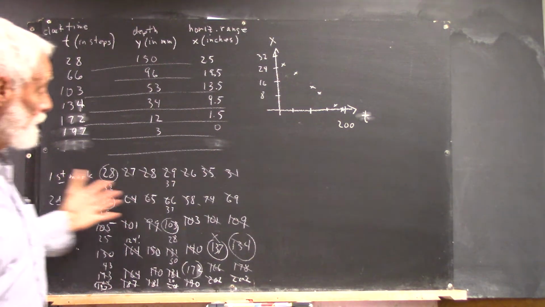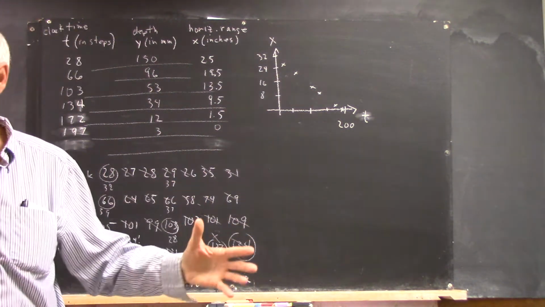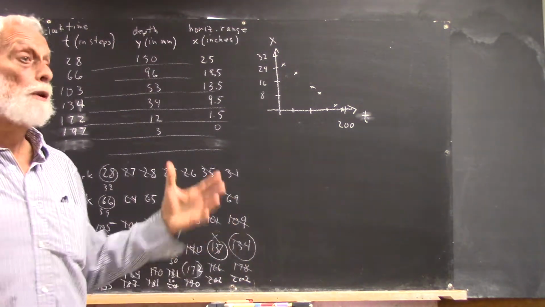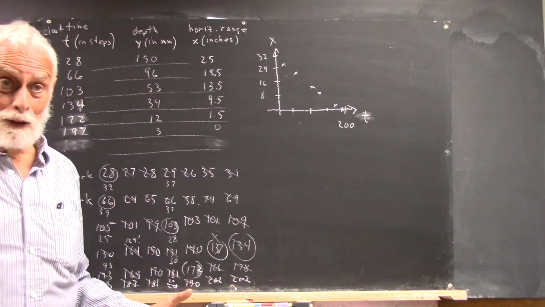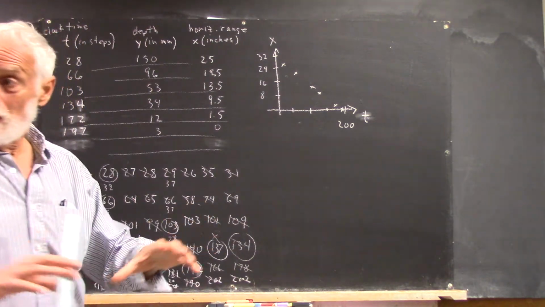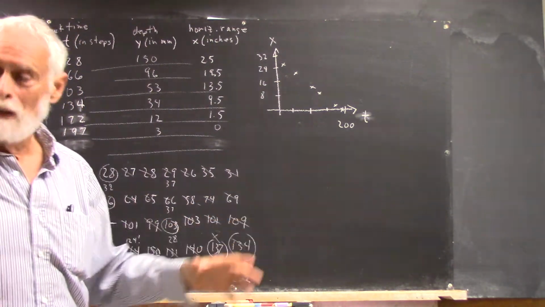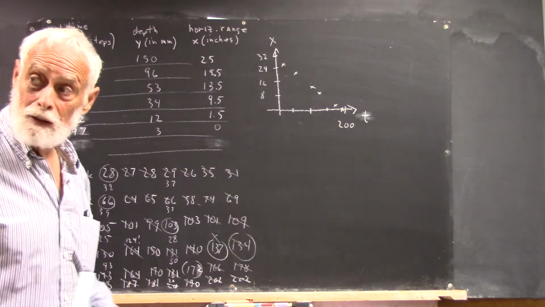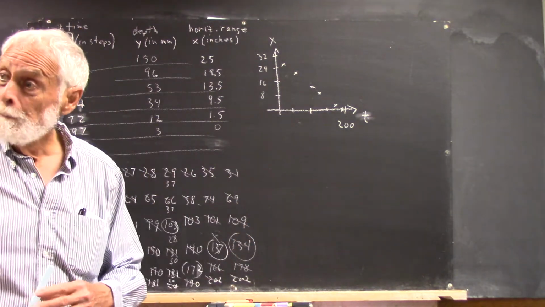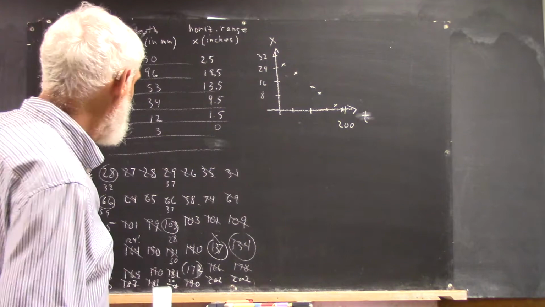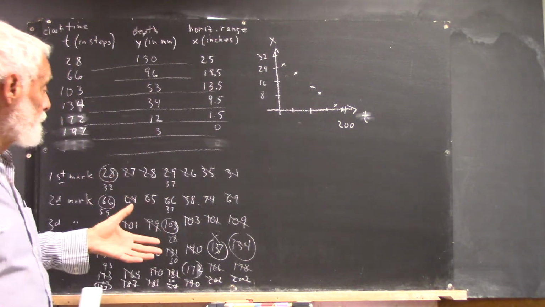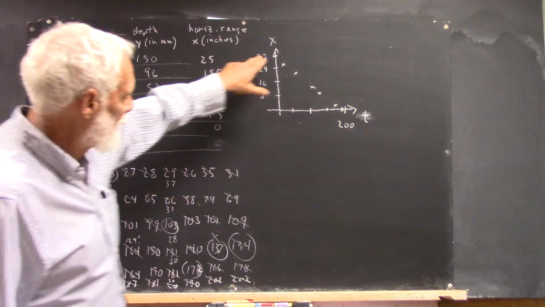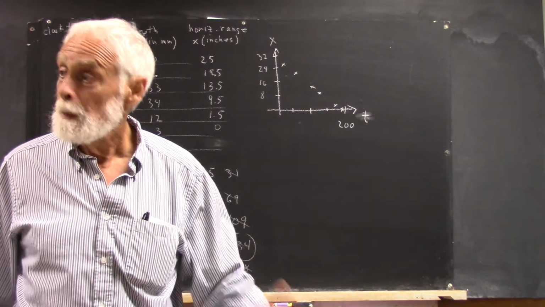So there's some uncertainty in the timing. When you average it out, I think we get pretty good results, okay? But there's still some uncertainty, and there's statistics involved with analyzing that uncertainty, and we don't go that deep into statistics. We just don't have time, okay? But we will talk about some of the statistics. So there are reasons to think that none of these points are really completely precise,